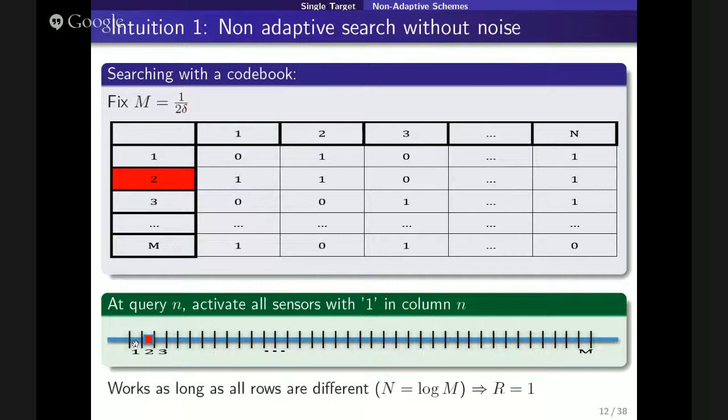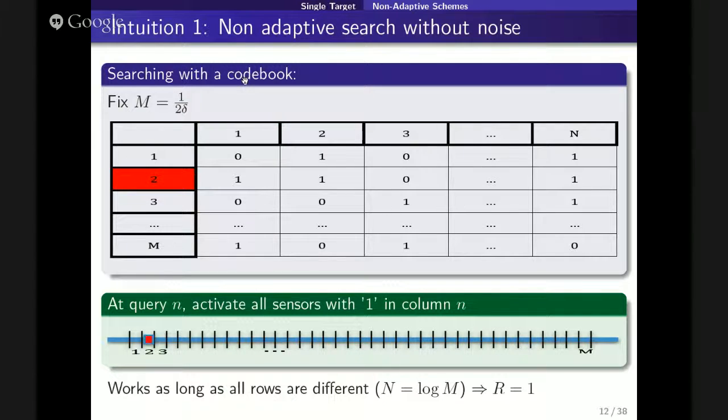If we give back the center of one of these intervals, we know that the target will be no more than delta away from the true location. So we define a binary matrix with M rows, M corresponding to the number of subsets, and N columns, where N will be the number of queries we do. And for now, we just distribute 0s and 1s randomly. Just fill the matrix however you want.